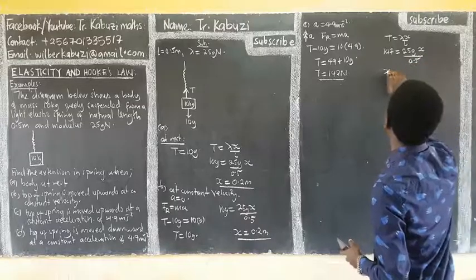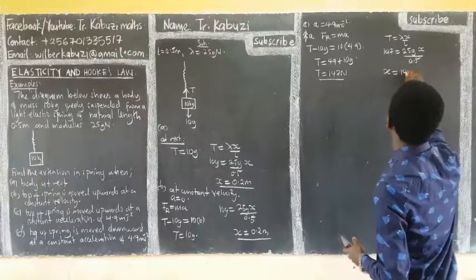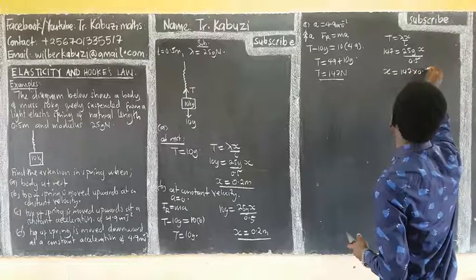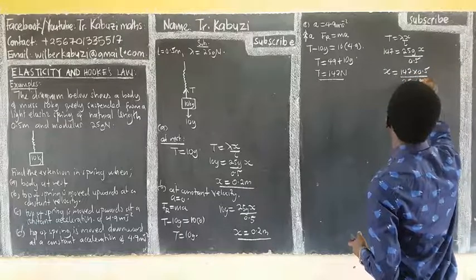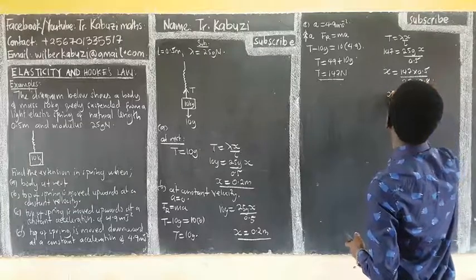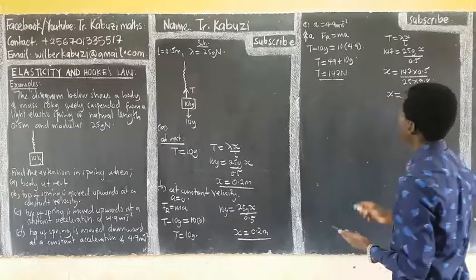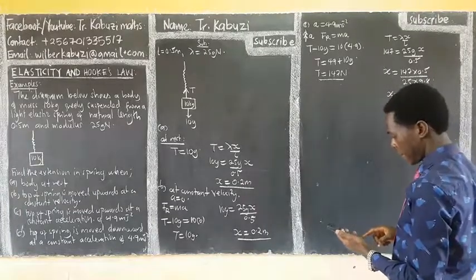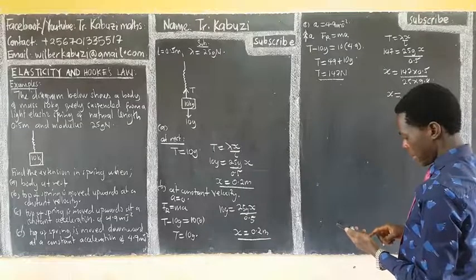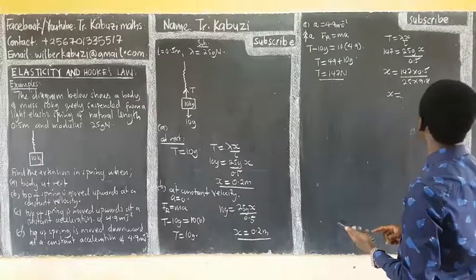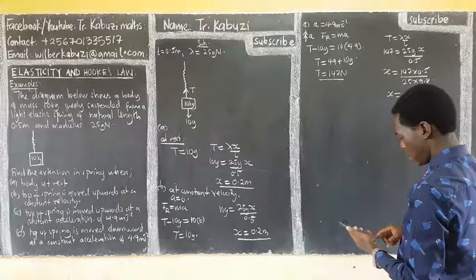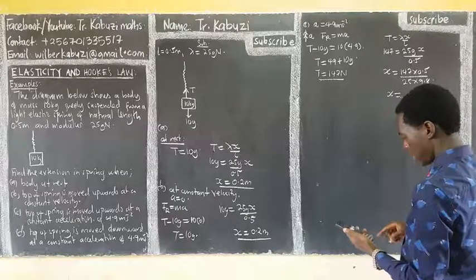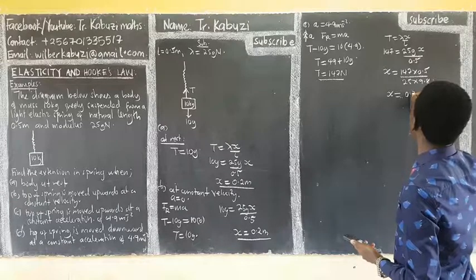From here, my x is going to be 147 times 0.5 divided by 25 times 9.8. And so our x is going to be 0.3